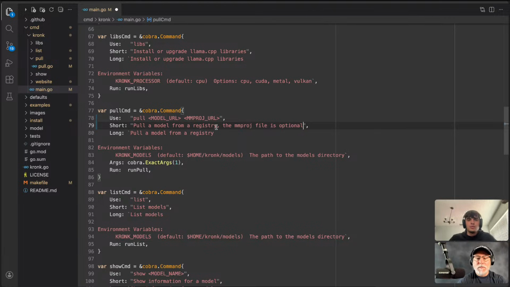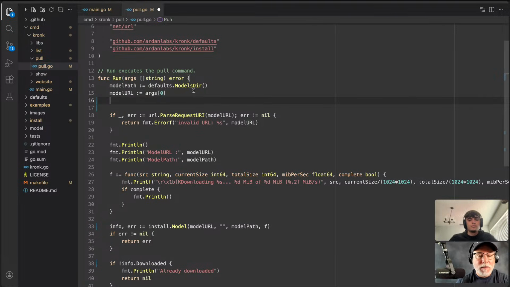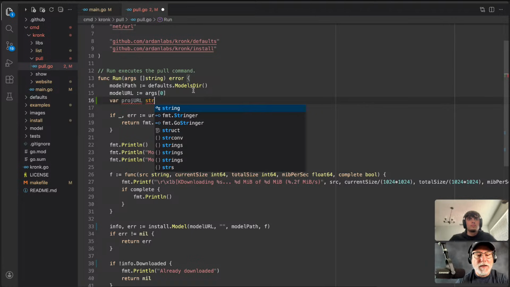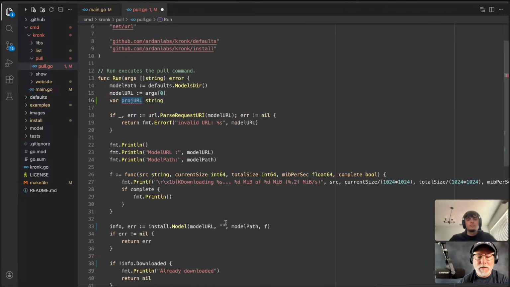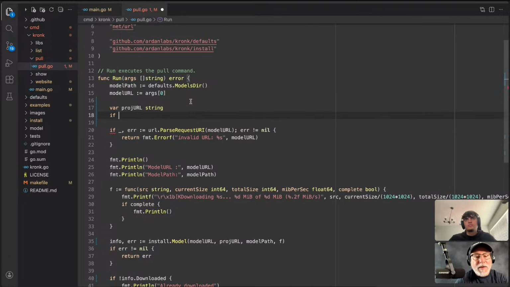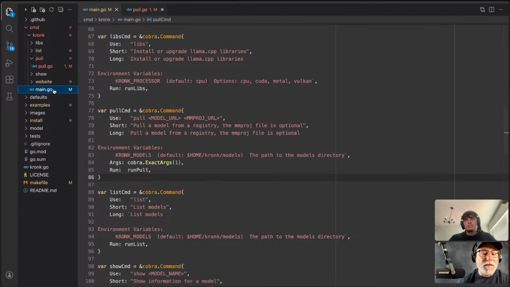Okay. So we may have one or both, which now means that this will be a string. And then what we can say is, if I'm guaranteed that there's one there because of this,